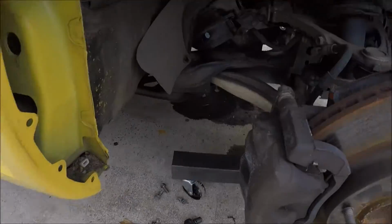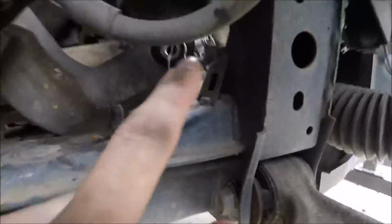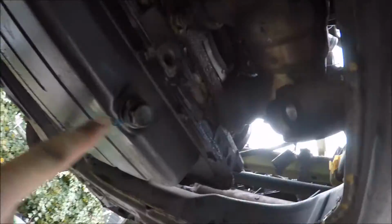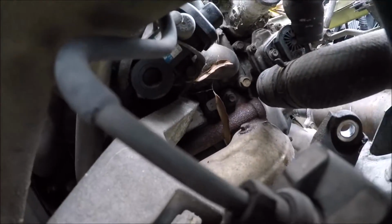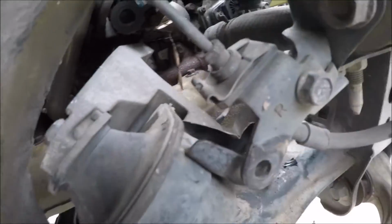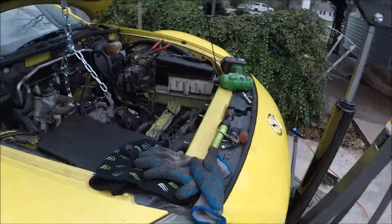Got the other side off. Haven't got it quite out yet, but there's a bolt here, a nut there, the two right here and right here, and then that one up top. You can see it's where the shiny part is, right there. I mean, it's easy to see when the motor mounts like that. I can't get it out yet until I get the engine started going up, which is going up, but